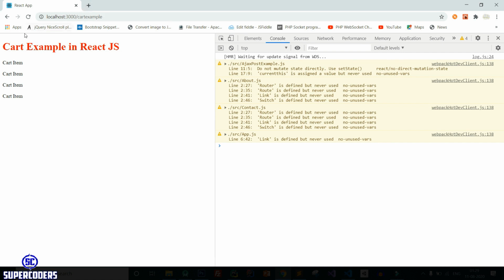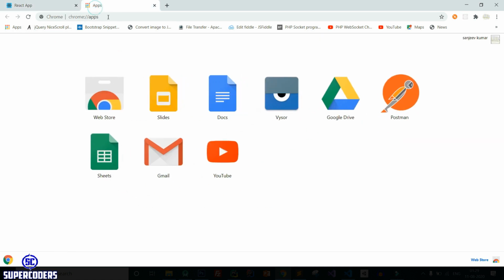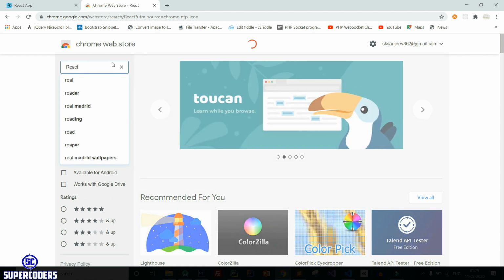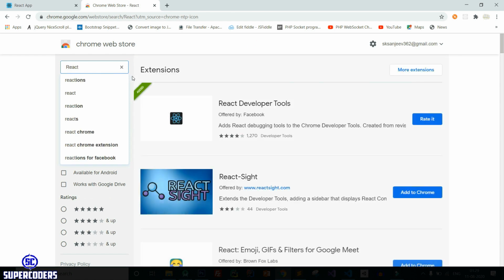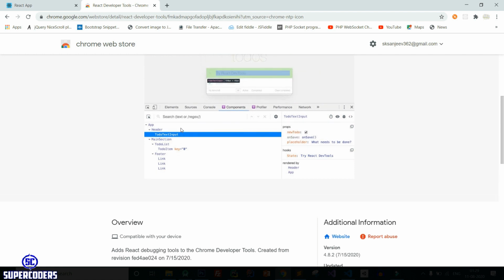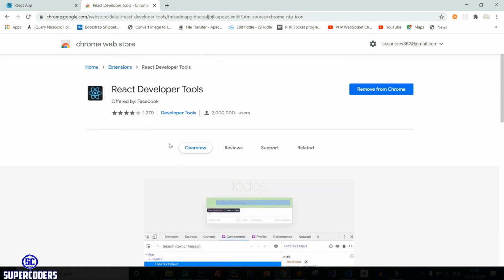So open Chrome apps, then web store, then search React. Then here is React Developer Tool. Install in your browser so you can debug your React app. Now I already installed in my Chrome browser. Let's close this for now.